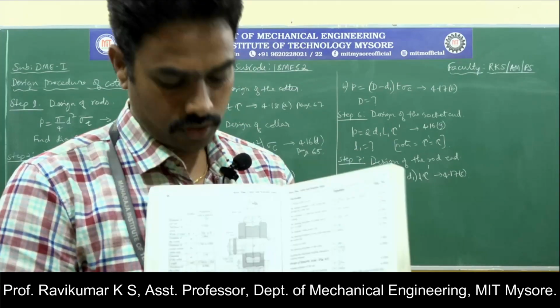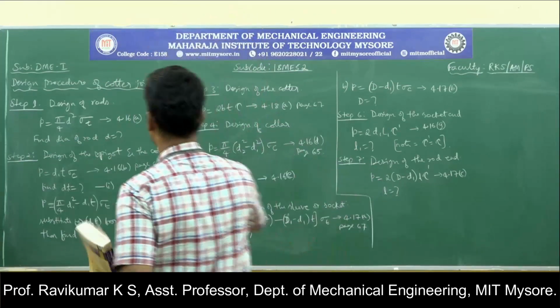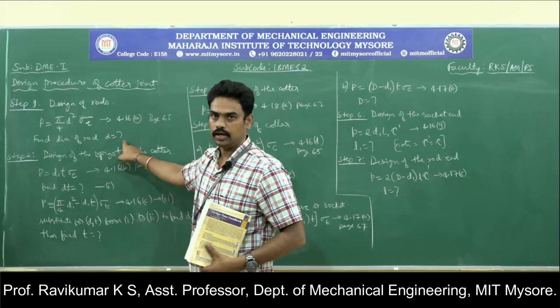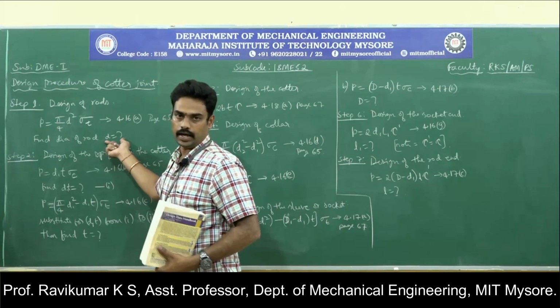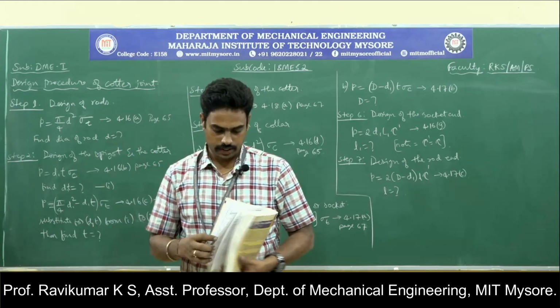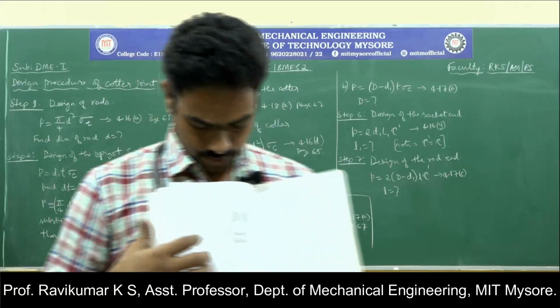Diameter of the rod to be joined, that is this one. We calculate the diameter of the rod on either side using this particular diameter, and if you substitute that diameter here,